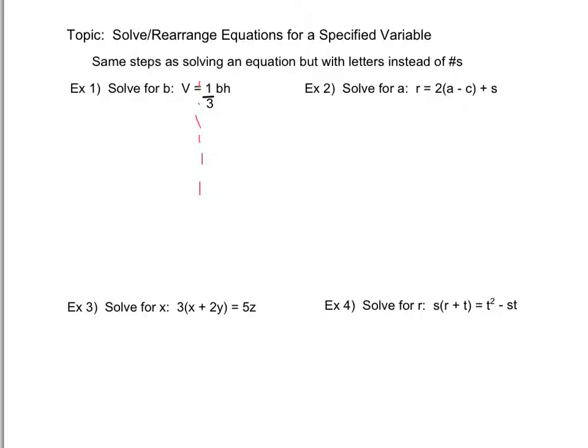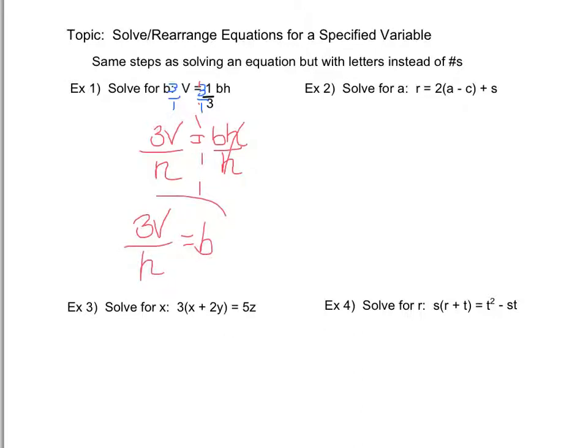I know that I can divide to get rid of multiply, so I can divide by 1/3, or I can just right away say I'm going to multiply by the reciprocal, 3/1, on both sides. Doing that, my 3's cancel out over here, my 1's cancel, and I'm left with 3v equals, again those canceled, bh. Now I have b times h. Again, I'm solving for b, therefore trying to get b alone. I can get rid of the h using division, but I have to do it to both sides. The h's cancel out here, and I get 3v over h equals b, and since my b is alone,